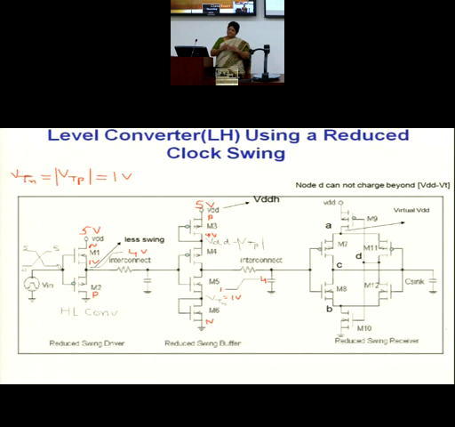It's like you have a complete strategy now available to you which works only with a reduced swing approach, where you have a high to low converter, intermediate buffers, and a low to high converter once again. Okay, and now you can mix. You have the multiple supply voltage concepts, you have the reduced swing approach, whichever way you want to do, you can do. Think of your own ways, think of your own circuits, scan through literature, try to find new possible ways which I have not included in my slides, but which are there.